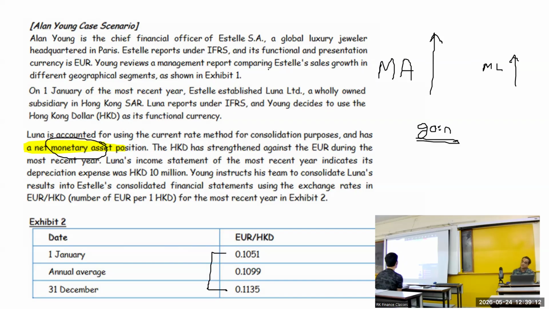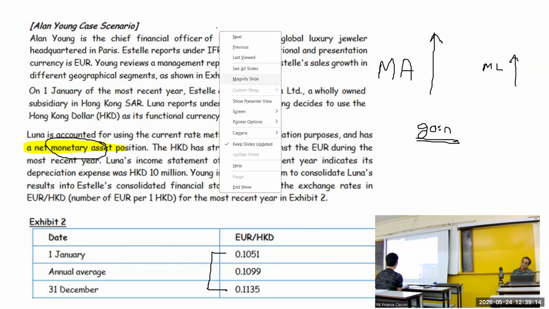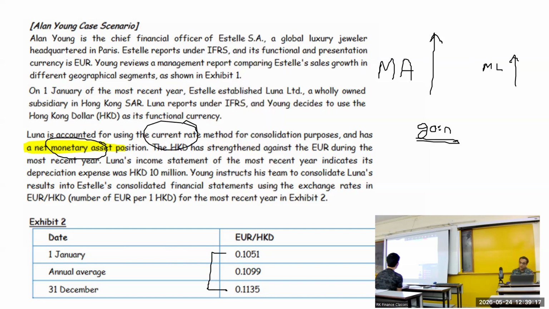But this company is not using the remeasurement method. It is using the current rate method. And hence it will be a case of translation gain or loss, which we can't find out right now